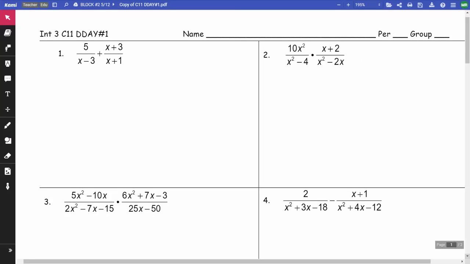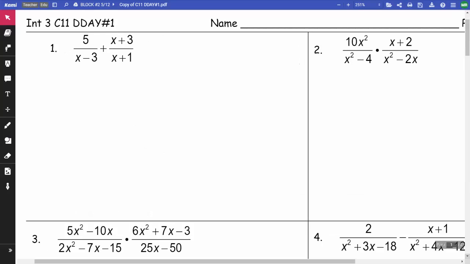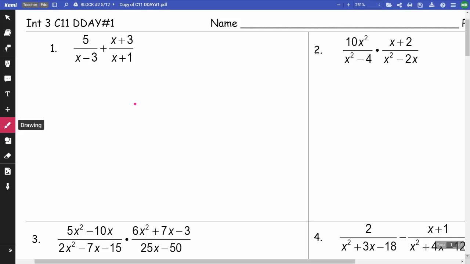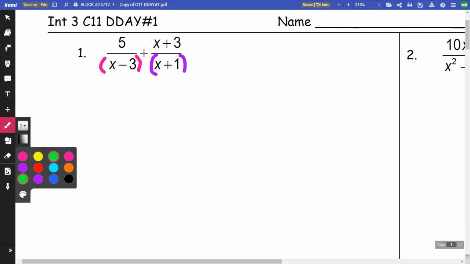Okay, so on number 1. We are adding fractions, and when you add fractions, you need to get a common denominator. And so when I'm trying to get a common denominator here, I am going to need to have an x minus 3 in my denominator. And I'm going to have this x plus 1 in my denominator. So my common denominator is going to be x minus 3